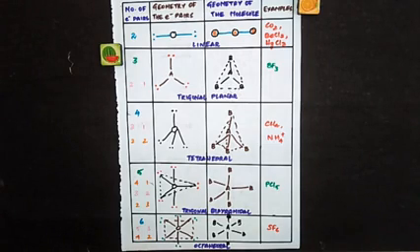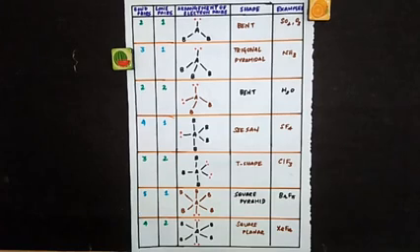Because of that change in the repulsion, this structure is going to be distorted. So you are going to get a different distorted irregular structure if lone pairs are present on the central atom. In this tabular column, you are going to see the shape of some simple molecules or ions with the central atom having one or more lone pairs of electrons. Just now we have seen without lone pairs, if only bond pairs are there, what the structures will be. If lone pairs are also present along with bond pairs, how will the geometry be?